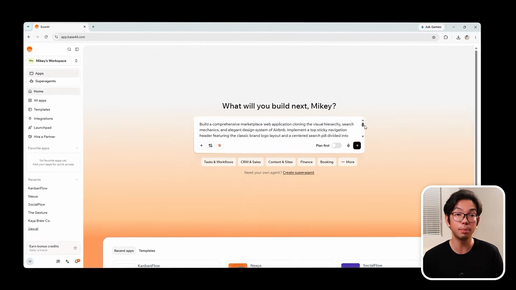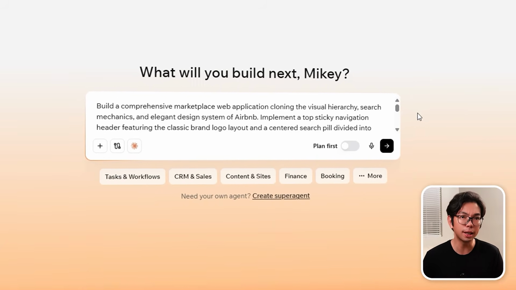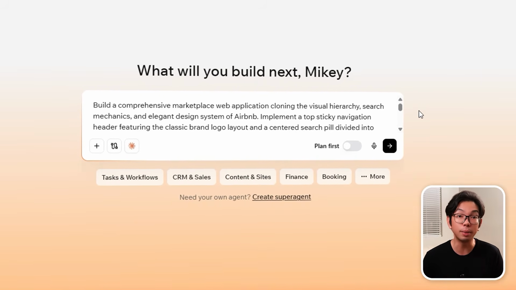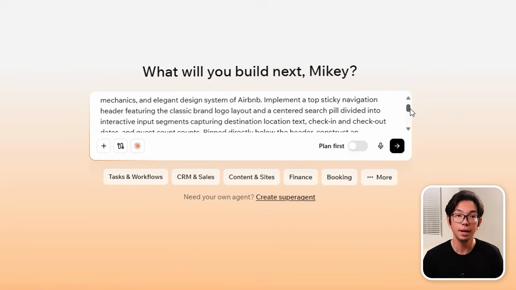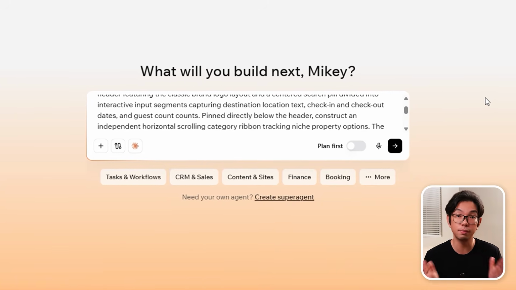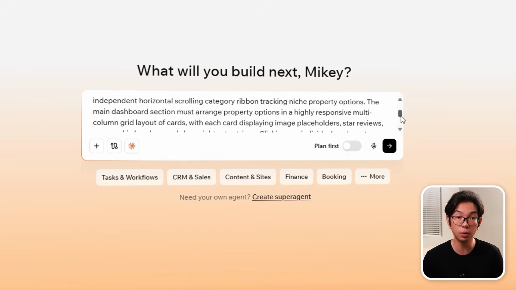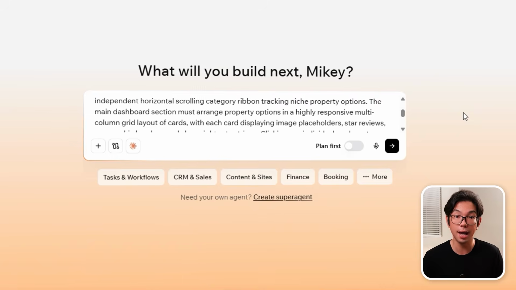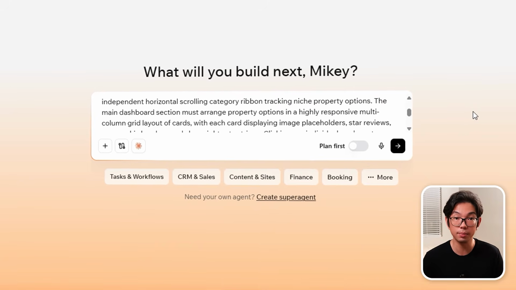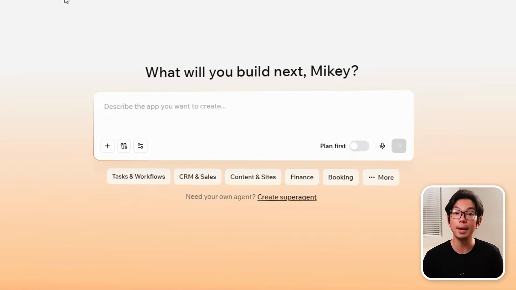The full Airbnb prompt is shown right here on your screen, but the main request is for a clean marketplace clone with the Airbnb-style visual hierarchy, a sticky top navigation bar, a segmented search pill, a horizontal category ribbon, a responsive property grid, clickable listing cards, a detailed property modal, and a booking widget that calculates the stay total from selected dates. And to build it, I'm just going to go back to Base44, open up the main prompt